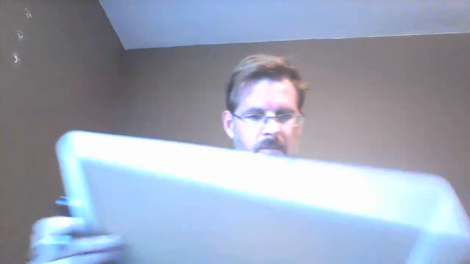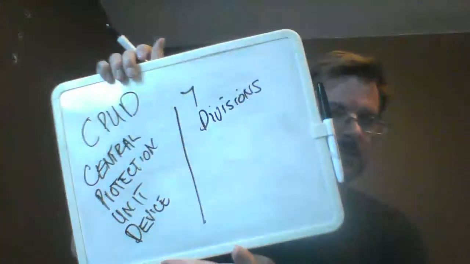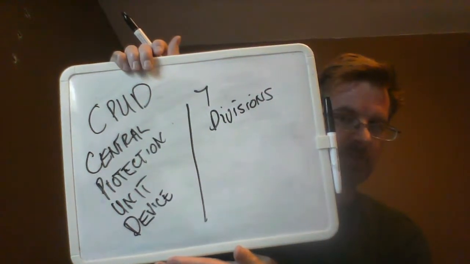CPU, central protection unit device. That is its connection when it comes to the atmospheres of 7 divisions through your chakra